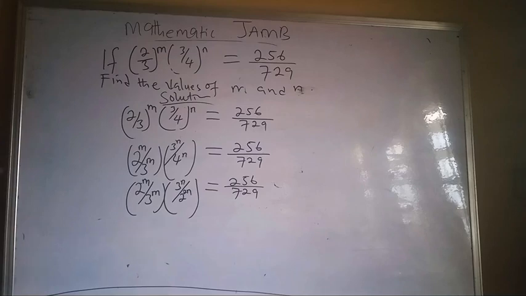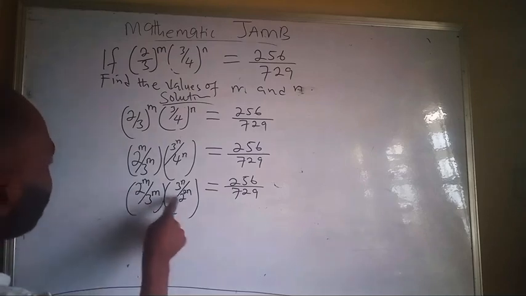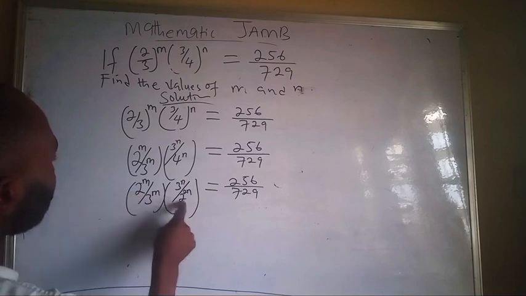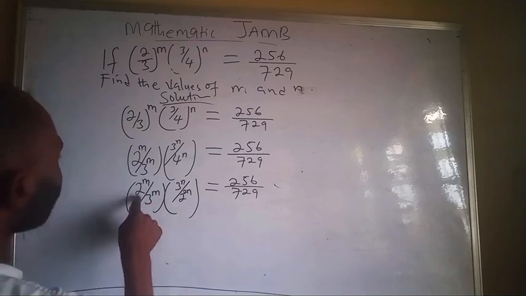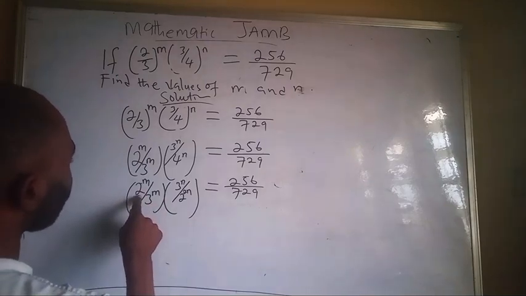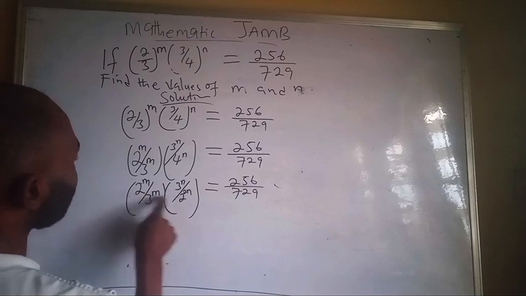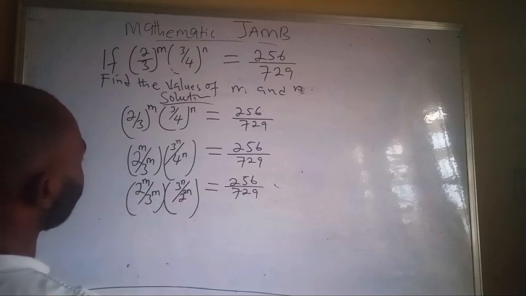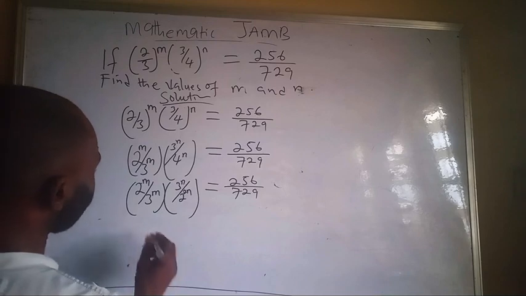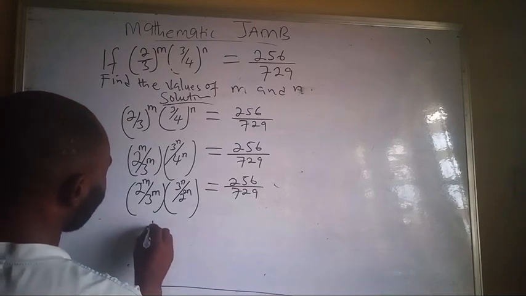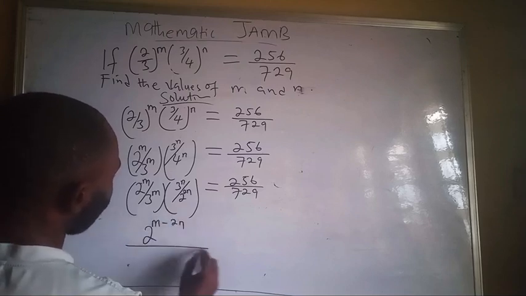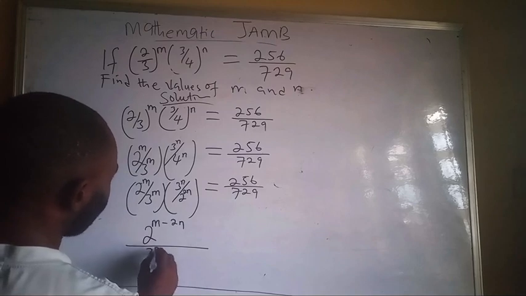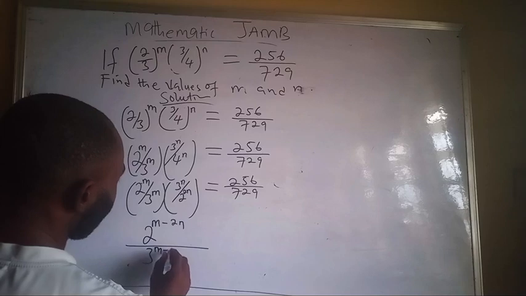So with this, we apply the law that when the bases are the same and you are dividing, you subtract the powers. So here too, the bases are the same, so we are going to subtract the powers. So what we have here is 2^(m minus 2n) all over 3^(m minus n)